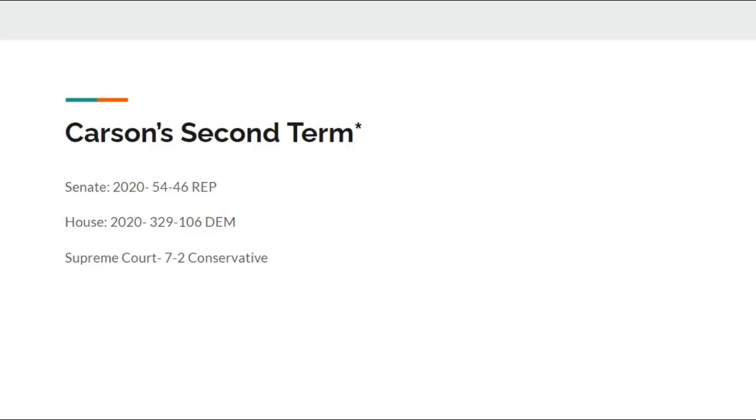In the Senate, Republicans would have a 54-seat majority, and Democrats would have a 329-seat majority in the House. In the Supreme Court, it would go 7-2 conservative, as actually one of the major things in this election would be how they get to nominate 3 justices on arrival, because 3 justices would die in election year. And of course, the Democrats would be like, no, we're not doing it. Nope, we're not going to allow it to happen. And even a couple Republicans would be like, sorry, Carson, we're not going to let it happen. So Carson would be like, you know what, we'll just wait, and whoever wins, they get to choose. So Carson would, of course, nominate 3 justices.